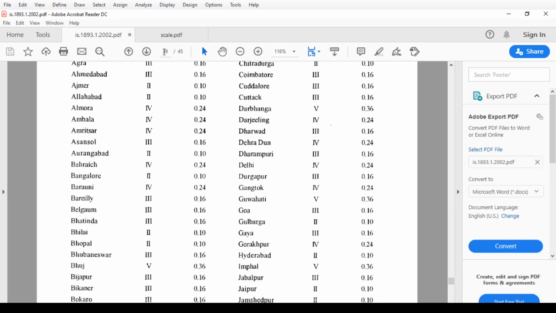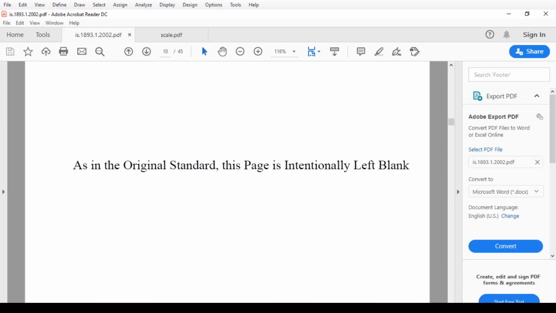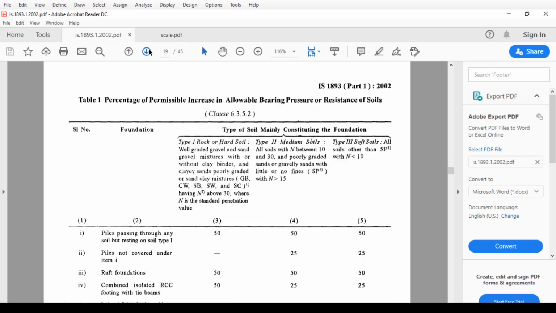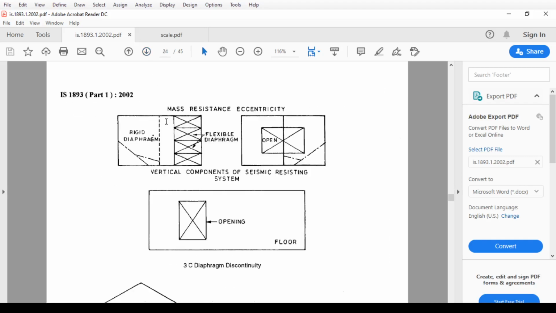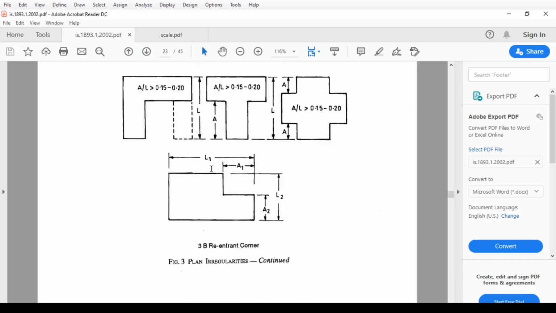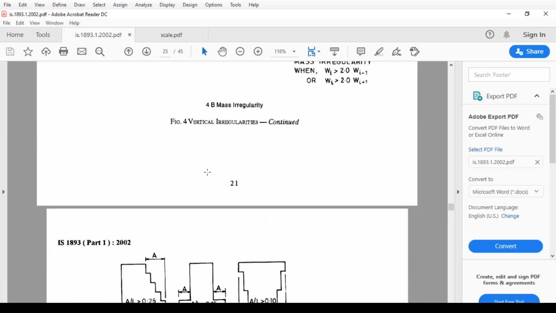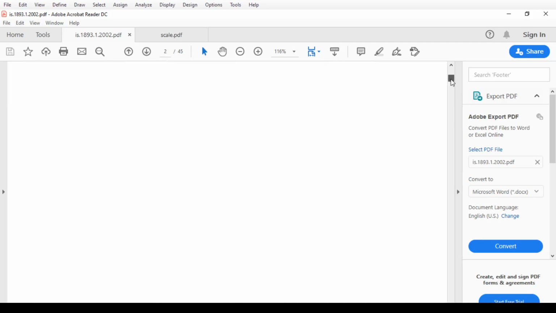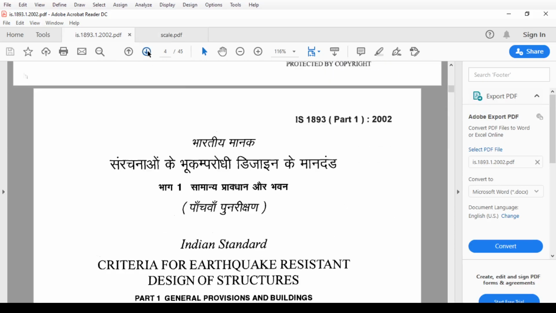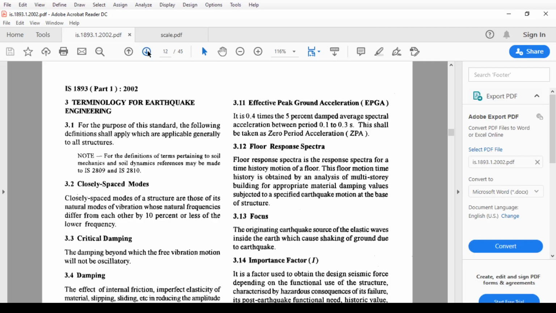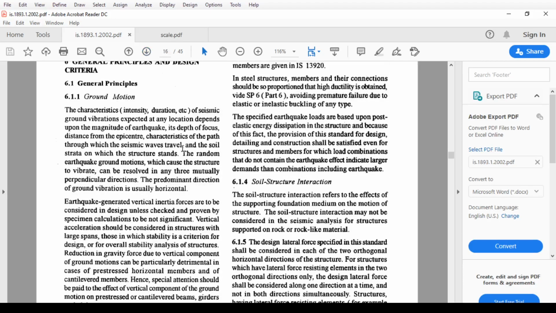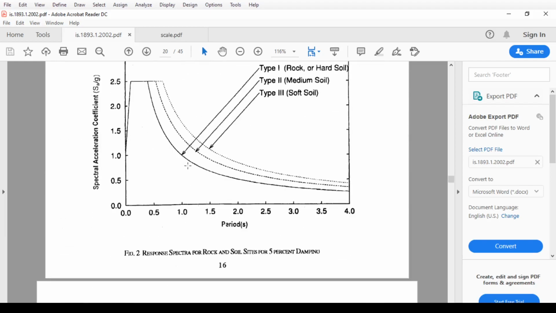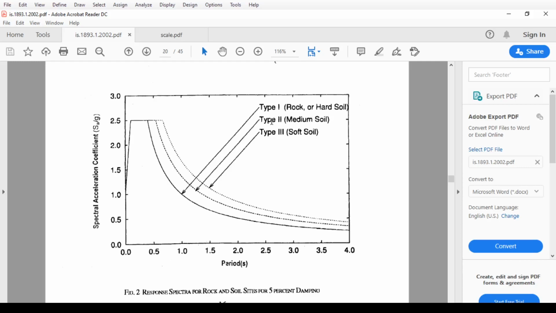go to figure number 2, where we use medium soils, that is type 2.